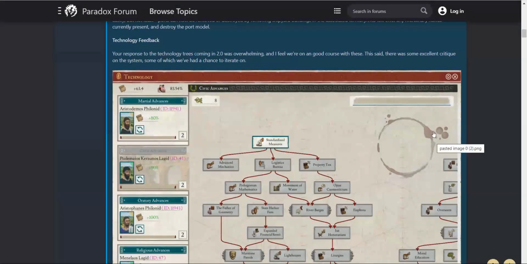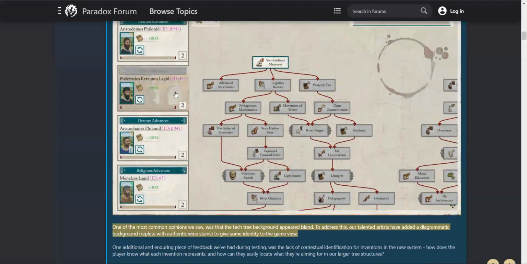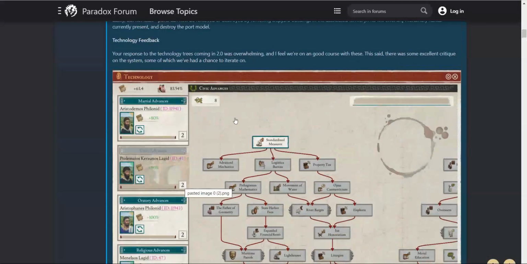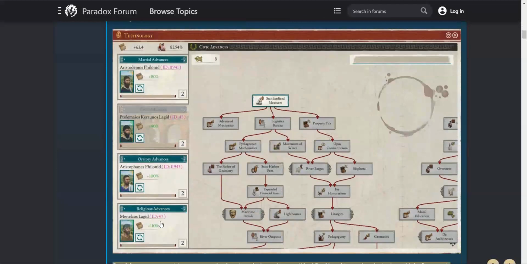I don't see any wine stain. Oh, here's a wine stain. Okay, that's pretty cool. Sure, I like that artistic choice. Now, I don't know if these advisors on the side were here before, and you can click the tab now. I don't know if that was there before. I don't think it was. So you can click,